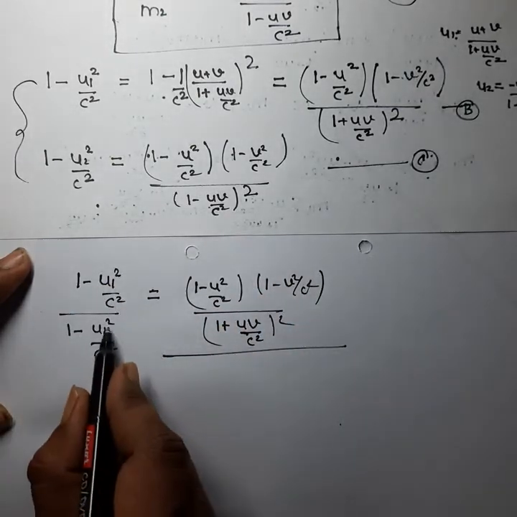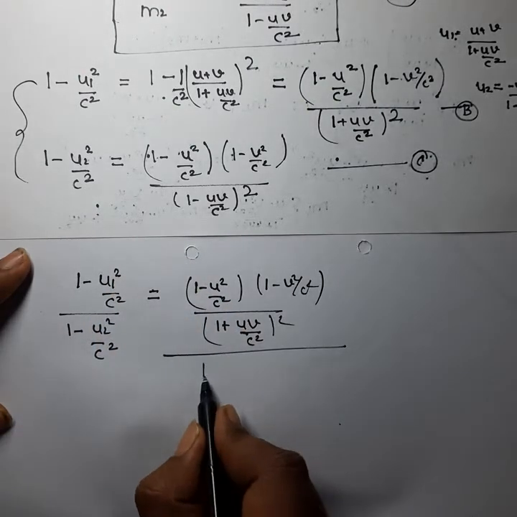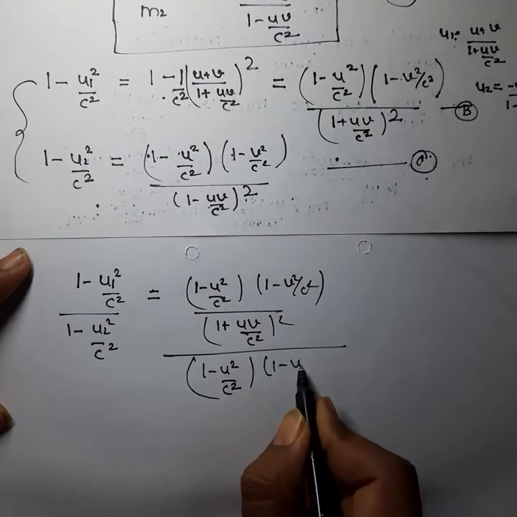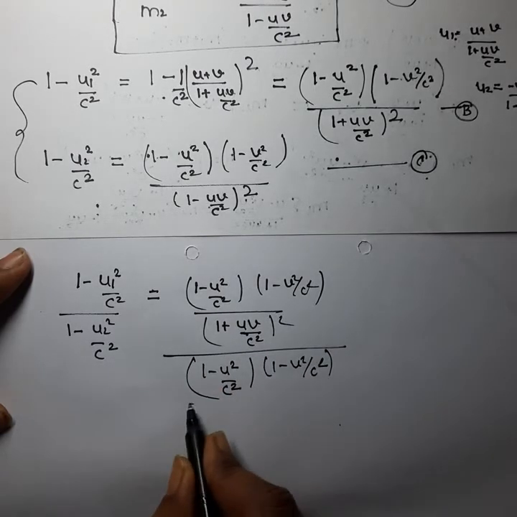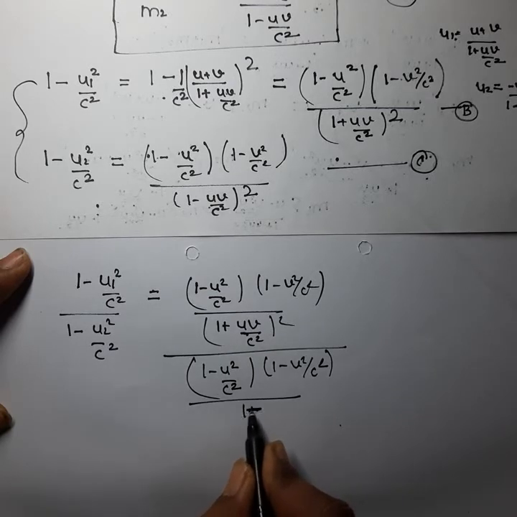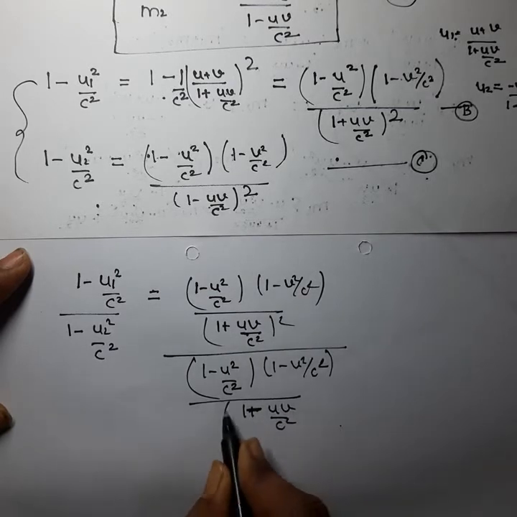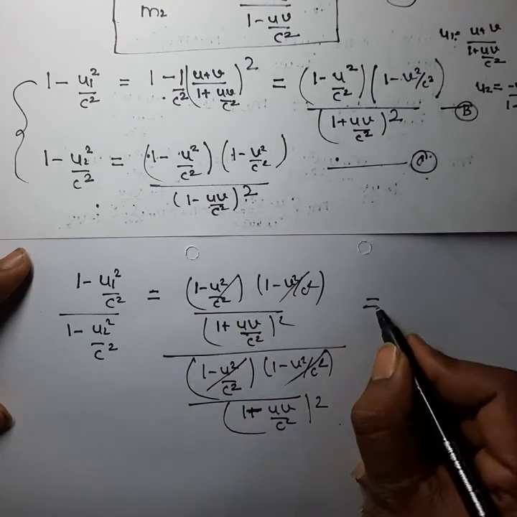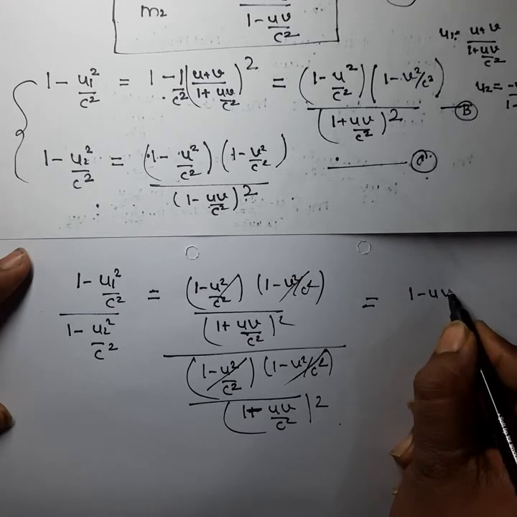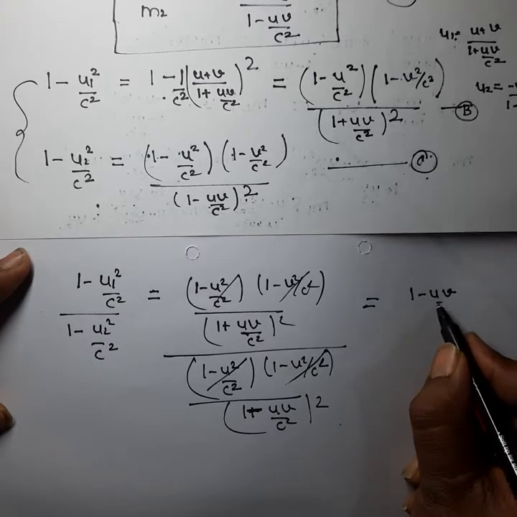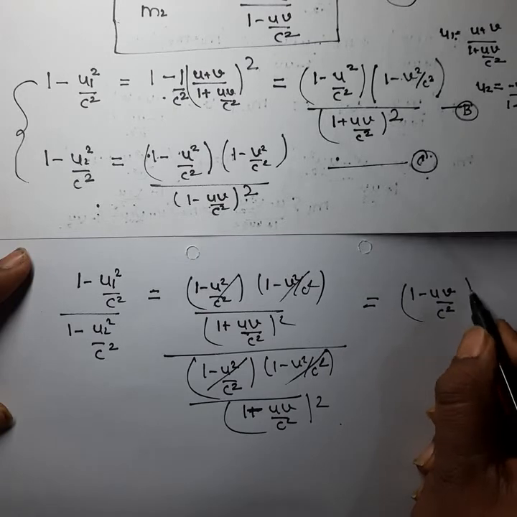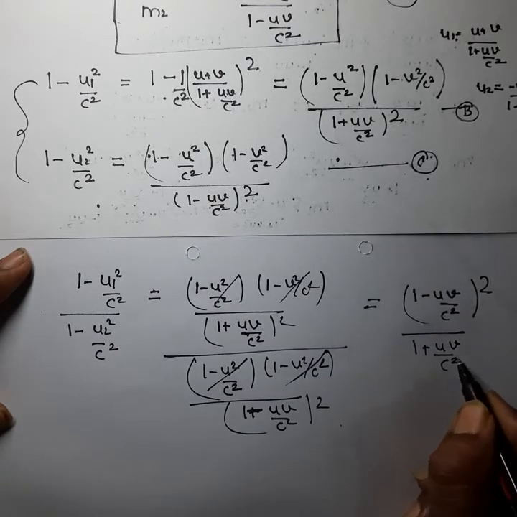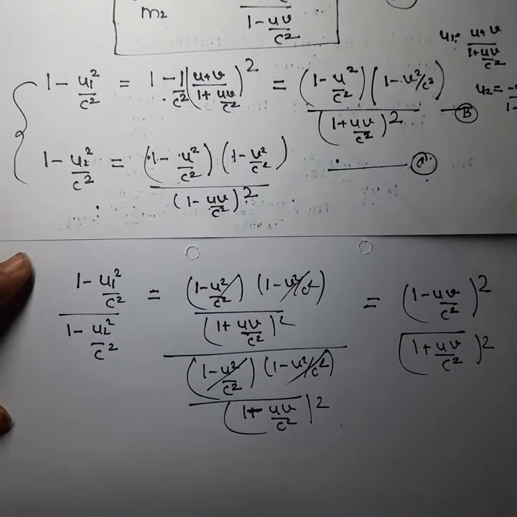All these terms were for this much, and so we will write for this: 1 minus u square by c square, 1 minus v square by c square, divided by (1 plus uv by c square) whole square. So this will cancel this, and you will have the final expression (1 minus uv by c square) whole square divided by (1 plus uv by c square) whole square. Okay, so